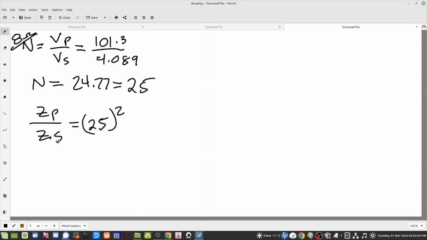Now we know the Z of the secondary in this case is 8 ohms, and so the Z of the primary is equal to 8 times 25 squared, and so the impedance of the primary of that transformer appears to be